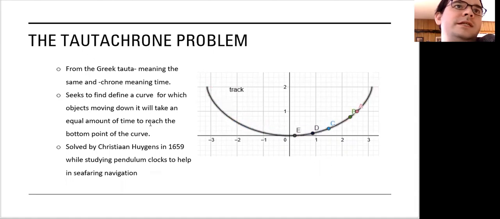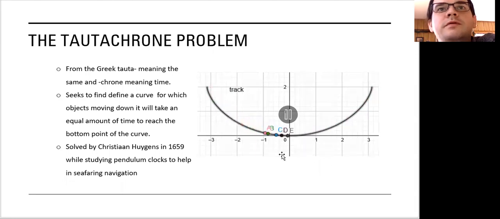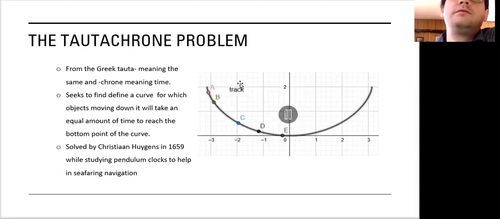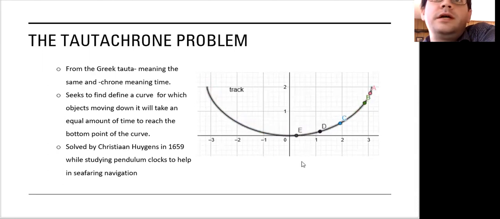So let's look at another problem, what's called the tautochrone problem, from tauto meaning same, and chrone meaning time. This seeks to define a curve for which any object moving down it will reach the bottom in the same amount of time regardless of where it starts from. You can see in this little animation I created here that even though point A travels a much greater distance than point E,